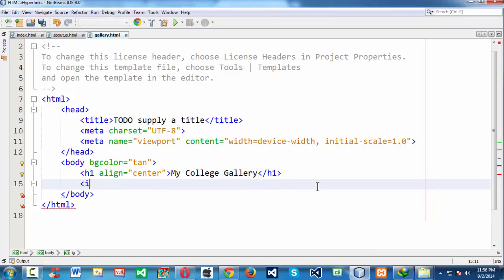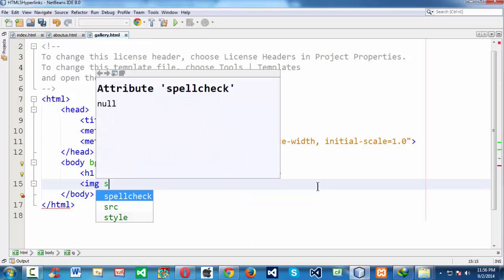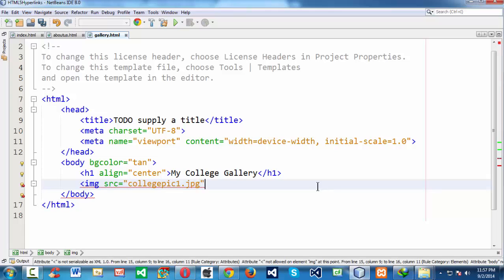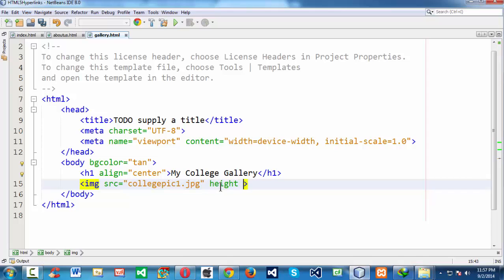We learned about the image tag in the previous lesson. NetBeans is again smart enough to automatically show the name of my image with the .jpg extension, so I'm just selecting it directly. Since img is a self-closing tag, let's add some attributes, or else it will look ugly. So let's say